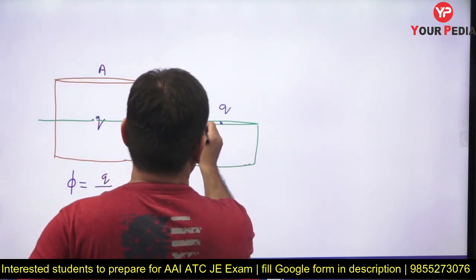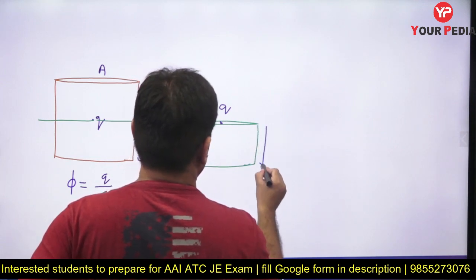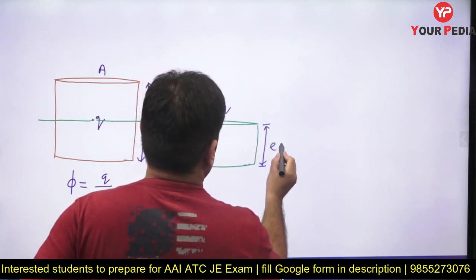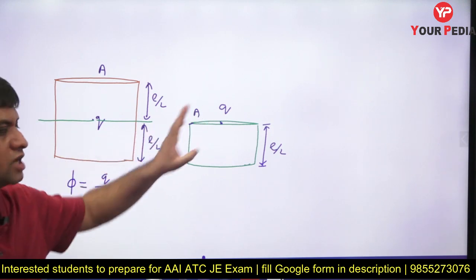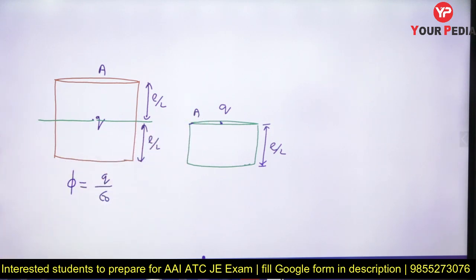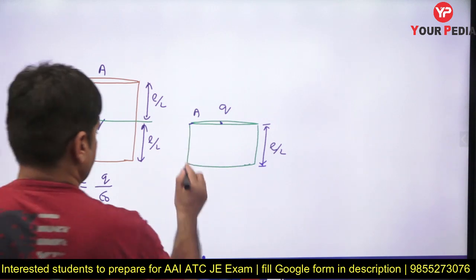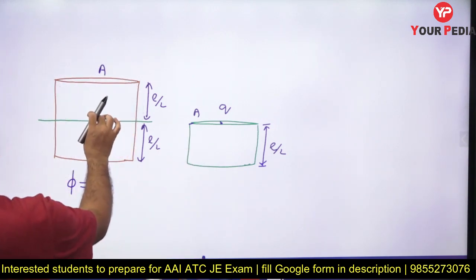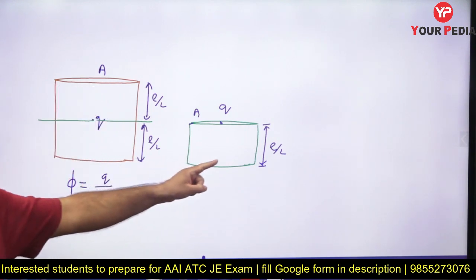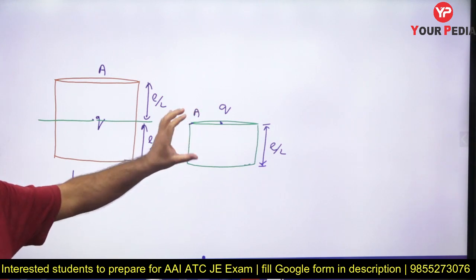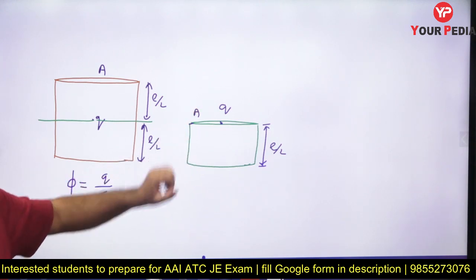In this case also this area is A only, but this length is now L/2, and the charge is kept on the surface. यहाँ पे मैंने चार्ज रख दिया टॉप पे. Can you tell me what is the electric flux because of this charge through this cylinder? Electric flux because of this charge Q through this cylinder is Q by epsilon naught. Electric flux because of this charge Q through this cylinder, now this is a half part of that, will be